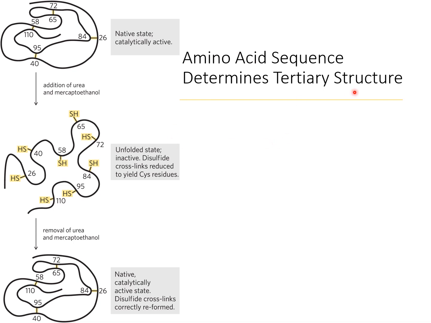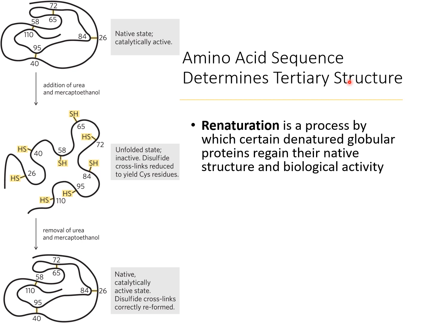Amino acid sequence determines tertiary structure. We said that just a moment ago, and now we're going to look at an experiment that shows us how this was demonstrated to be the case. In order to get there, we want to understand that something that is denatured, i.e. unfolded, can potentially be renatured. In other words, it can refold,